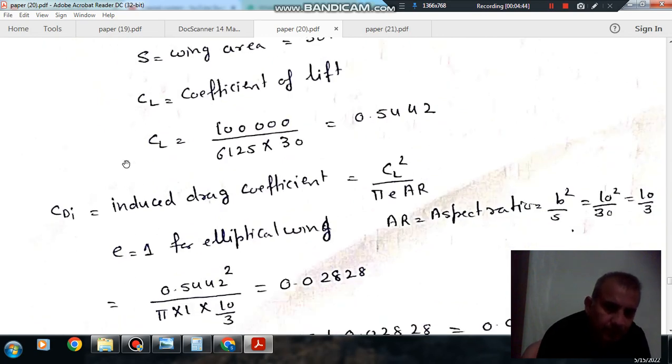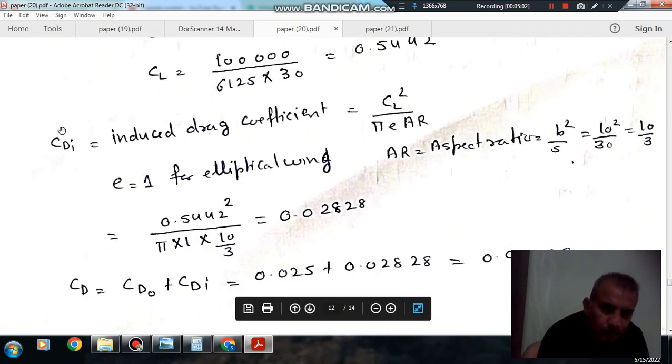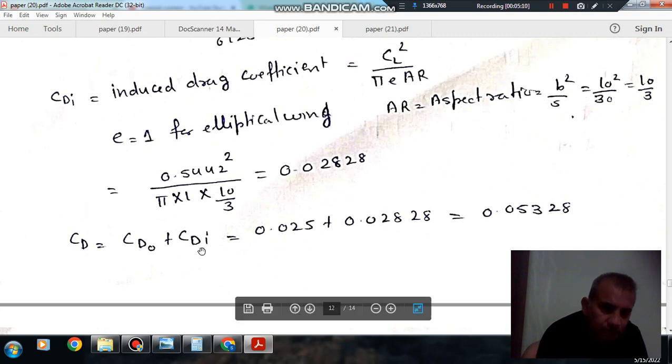From this coefficient of lift we have to find out the induced drag coefficient. So CDI is CL square divided by pi E AR, where E is 1 for an elliptical wing and AR is the aspect ratio. Aspect ratio is b square by S, so that is 10 square by 30, or 10 by 3. So CDI comes out as 0.02828. Now the coefficient of drag is CD naught plus CDI, that is the zero-lift drag plus the induced drag. So CD comes out as